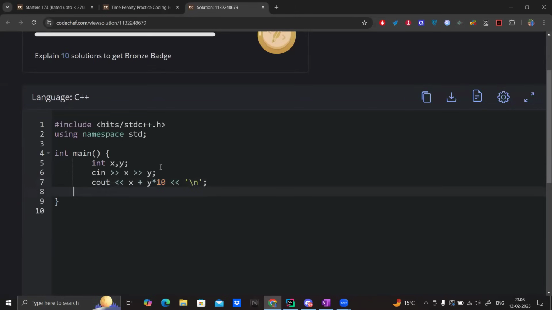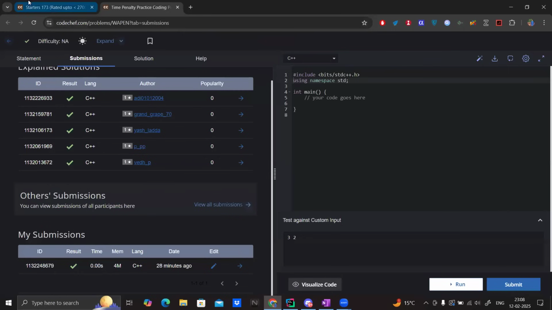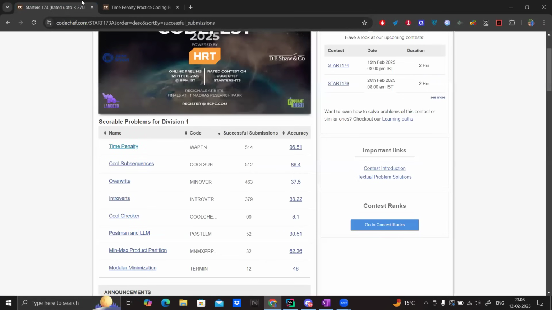So I hope there is no doubt in this. If anyone has a doubt in this, then they can ask. I am counting till 5. Okay. So 5, 4, 3, 2, and 1. So I'm assuming that no one has a doubt in this. Okay. So let's move on to the next problem,